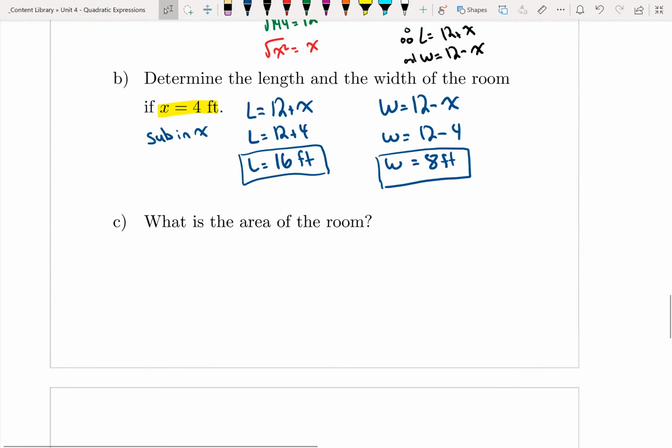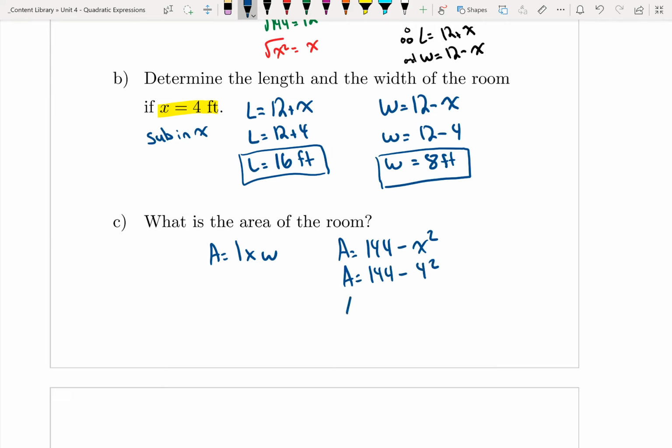And C asks, what is the area of the room? So what we're doing here now is we know area equals length times width. Again, you could go back to the original equation, A equals 144 minus x squared, and plug in x if you really wanted to, if you weren't sure. So 144 minus 4 squared, A equals 144 minus 16, A equals